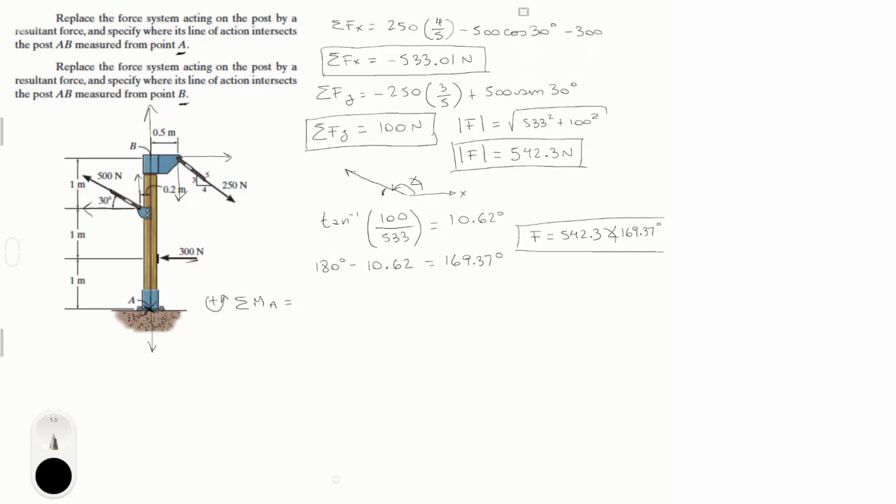And that is equal to, first, the moment created by the 300 Newton force, which is 300 times 1, because the distance from the post is 1,